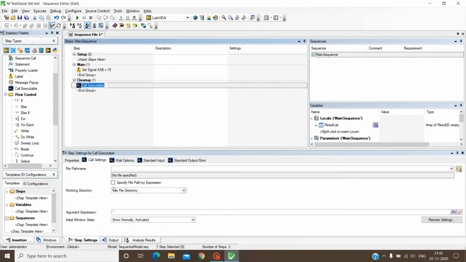wherein you can call one of the external sequences or any other non-scripting files like Python or any other, by giving the file path name here, working directory, arguments. You can call from this sequence,